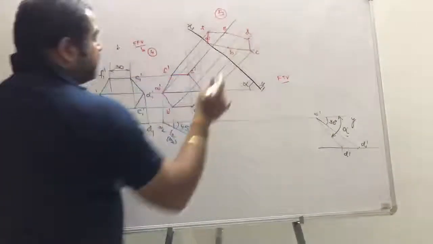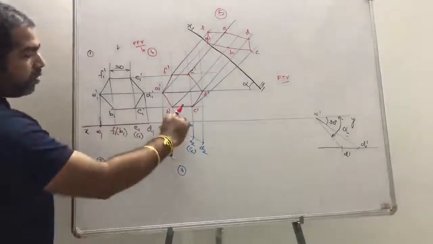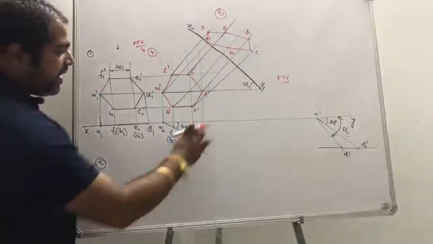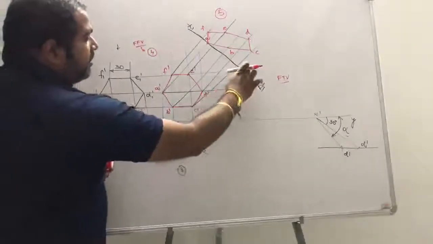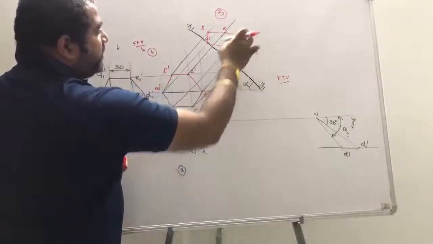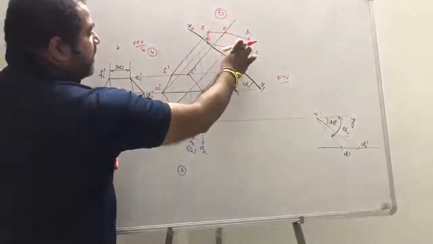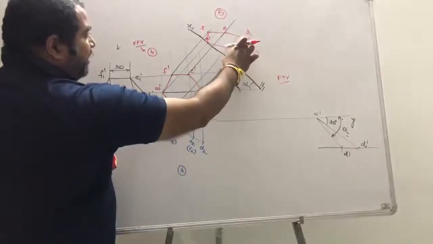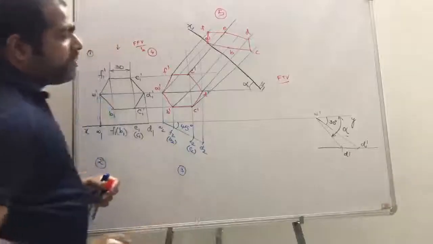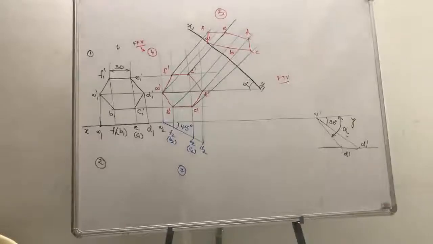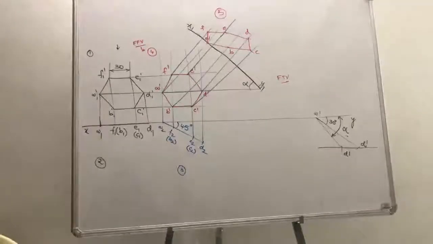This becomes your fifth step. Take the distances from the old reference line from this projector and put them from the new reference line. So xy to B is taken and placed from the new reference line for D. xy to E is taken and new reference line x1, y1 to E and C are placed. Then you obtain the final top view. This is going to be your auxiliary method. Like that we can do this problem anyway.